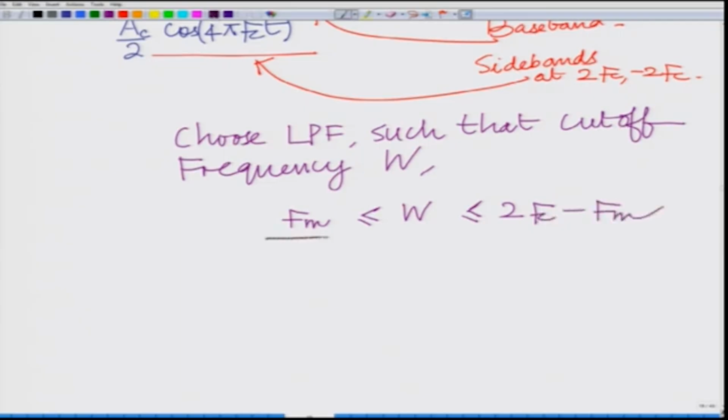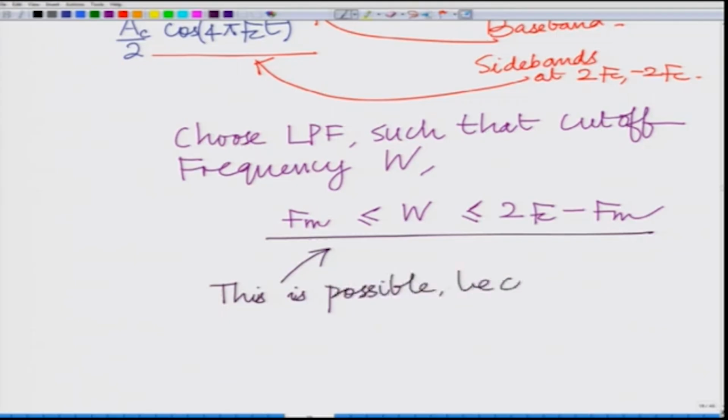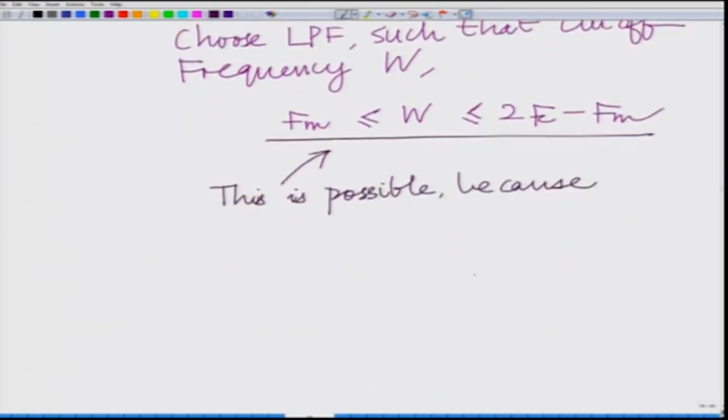Now, that is very interesting: Fm should be less than 2 Fc minus Fm. And this is possible because we have Fm, the maximum frequency component, much less than or equal to Fc, which means 2 Fm is much less than or equal to 2 Fc,